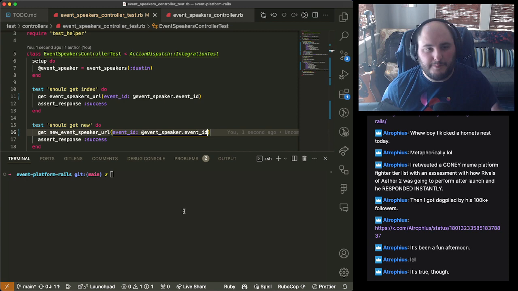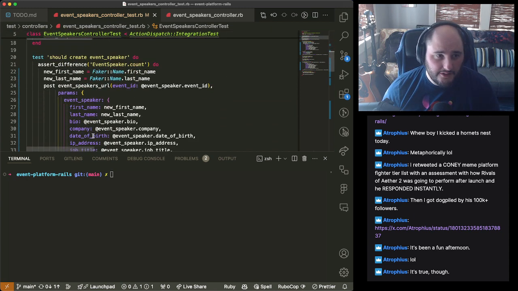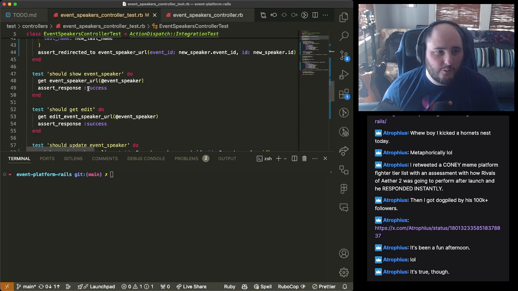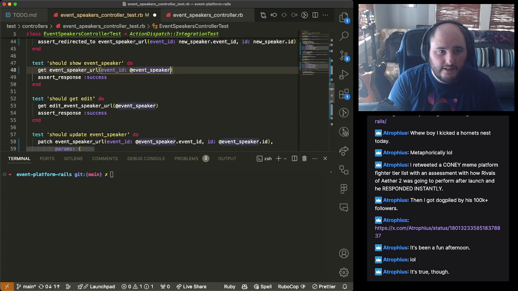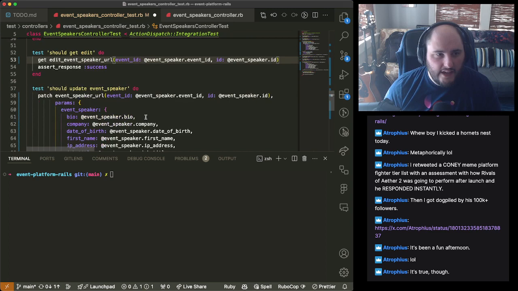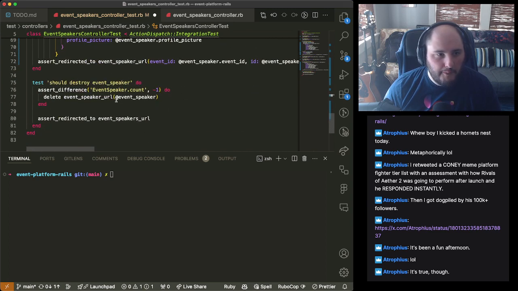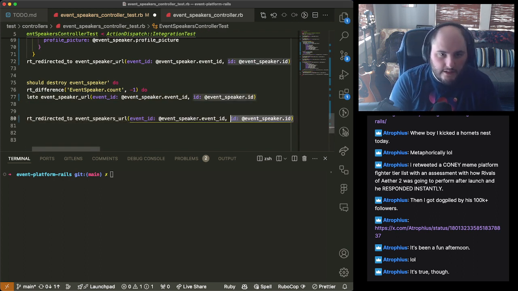We needed the event speaker event ID in the URI to fix these two. These were just going to be broken until then. That's why create was broken, and that's why most of these are going to be broken. So event ID here is going to be event ID, and then the ID is going to be the speaker event ID. And then we have the same need down here on our edit. It looks like we already did it on our update, but we probably didn't do it on our destroy, so let's go ahead and do it on our destroy. And then for the redirect URL, we just need to get rid of the ID on it.